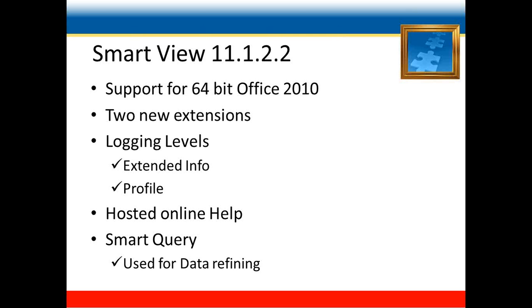Then new logging levels were introduced. A couple of logging levels that were introduced are extended info and profile. With profile, you can have log messages such as for extended information, plus the function calls that were made while performing ad hoc analysis. With this option selected, you will see that separate XML files get created for every other Microsoft Office product, and those logs are stored in those files.